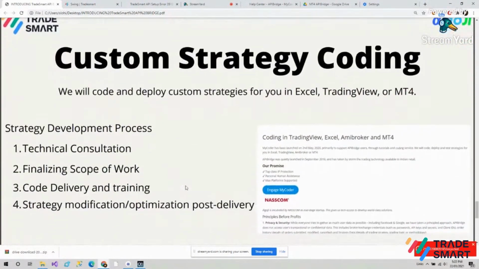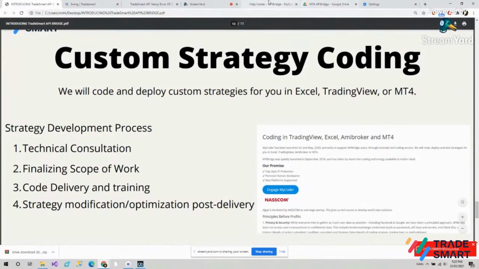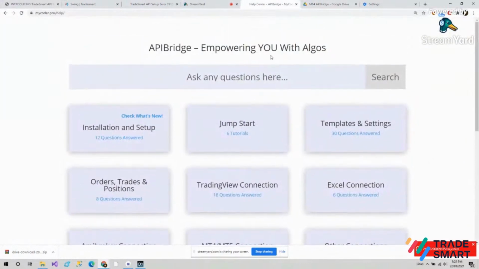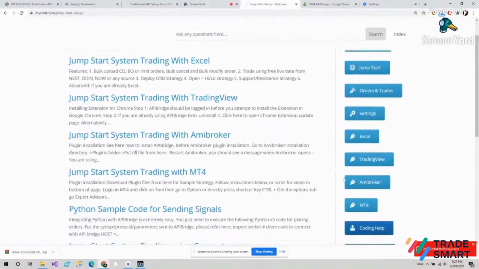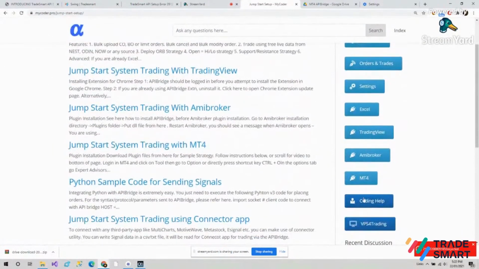Now the next is custom strategy coding, which is the other service that we provide. If you have a strategy, if you are a user of MT4, Excel or TradingView, and you want to get your strategy coded, then you can contact us through mycoder.pro, or you can just see coding help here.